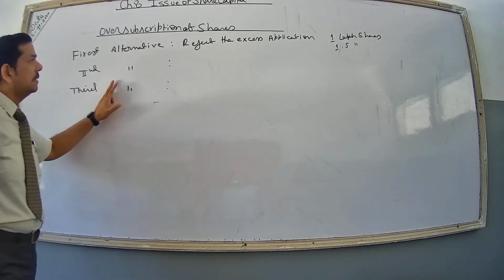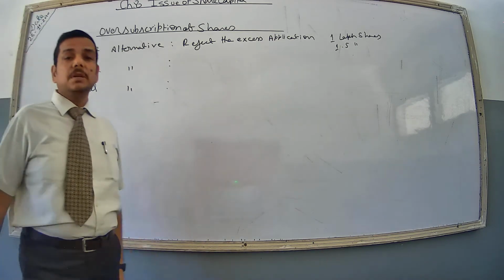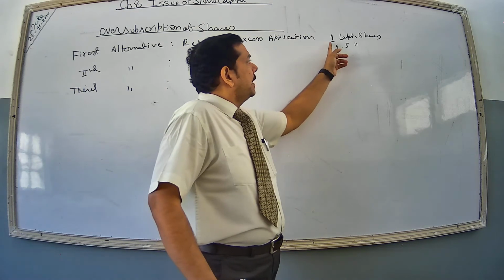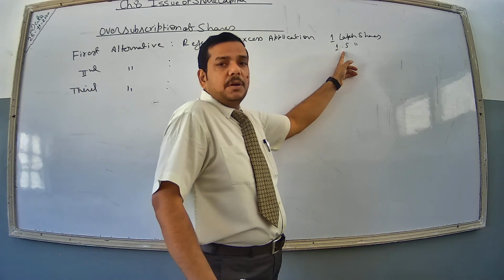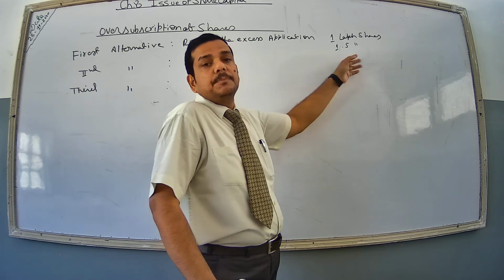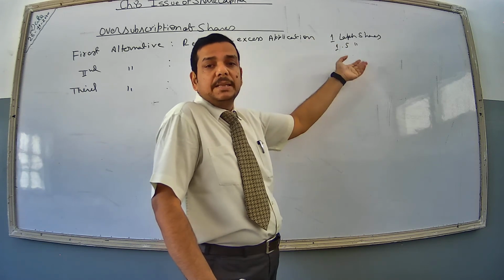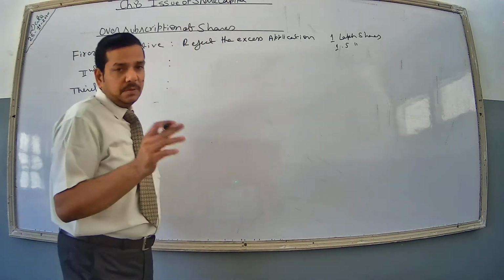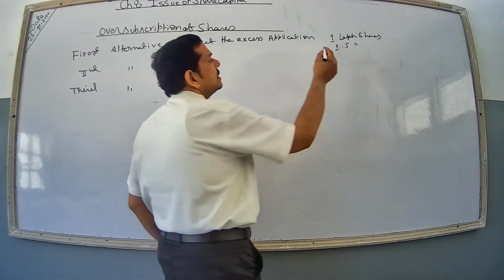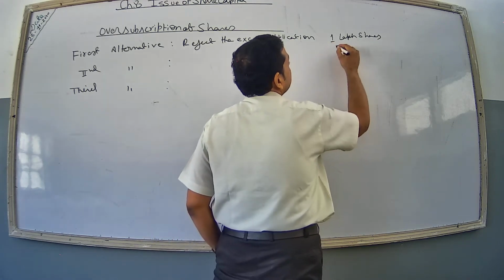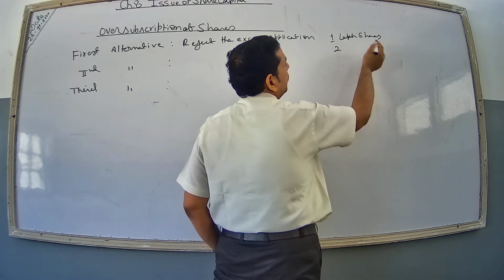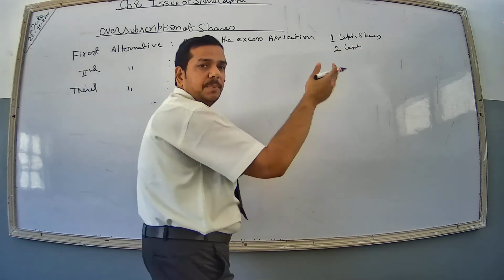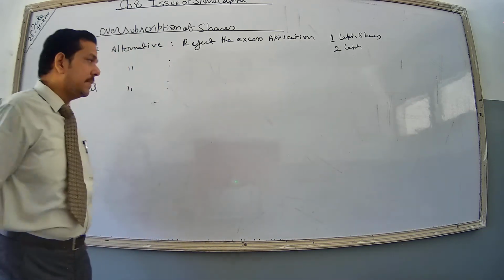Now the second alternative is to make a proportionate allotment. Here 1 lakh shares are issued and applications are received for 1.5 lakh. So make an allotment to all the shareholders in the ratio. So everybody will get some amount of shares. Or consider a situation where 2 lakh applications have been received. Shares issued are 1 lakh and applications are received for 2 lakh shares. So just allot 1 share for every 2 applied, or make a 50% allotment. Clear? In this way.